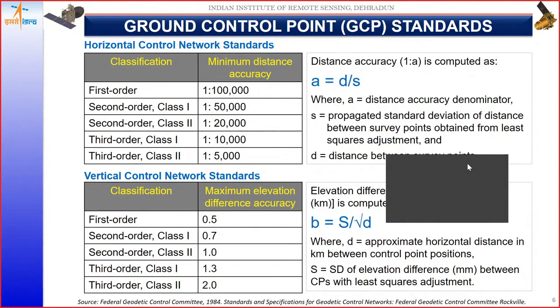Accordingly, one can plan the GCPs, and while planning for the GCPs, you also have to plan for the time, that is, how long your observation should continue to minimize the errors, and what distance should be maintained between two GCPs. This way we have standards for the horizontal control points and also for the vertical control points. So if you're going for the coarser resolution,